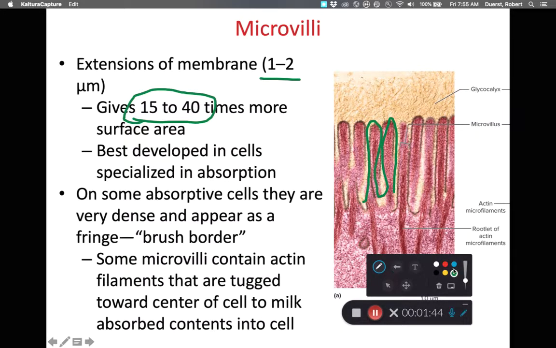Something that's also worth emphasizing, I'll shift colors here to blue, is that the cytosol of the cell extends up into the microvilli. And this means,